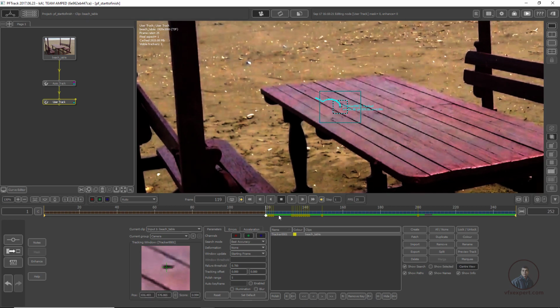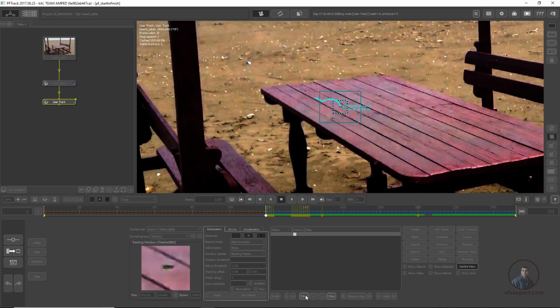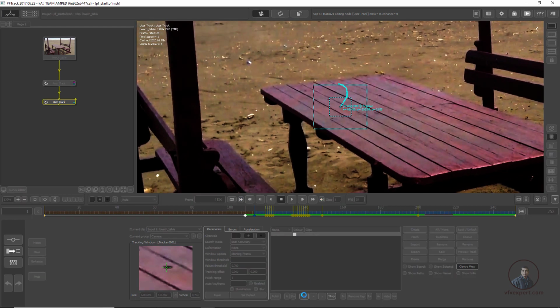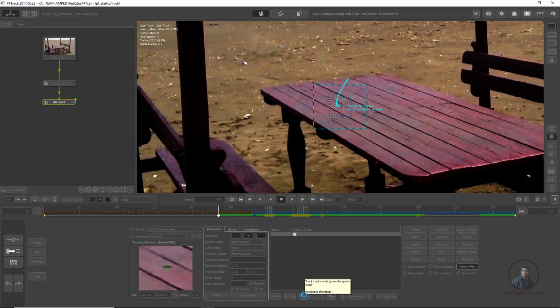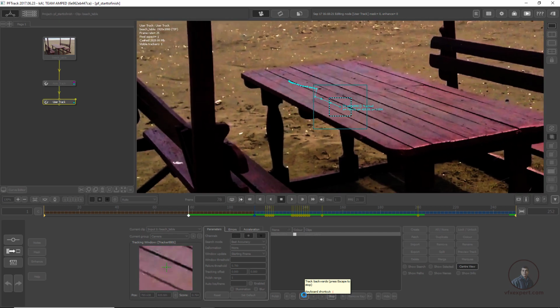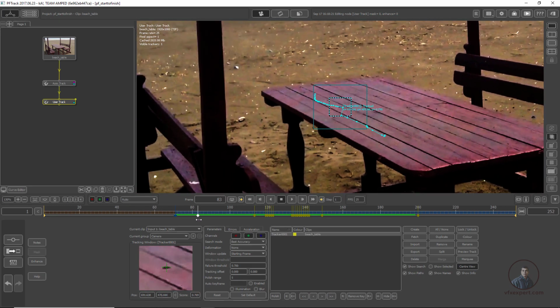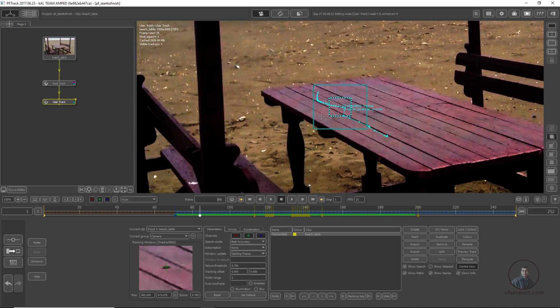In the timeline you can see these are your frame by frame keyframes. Okay, now track again forward. Now after that, let me adjust here. Again, you can press stop or escape also. Till here this is perfect, then clear this one. Now after this, again let me adjust here.